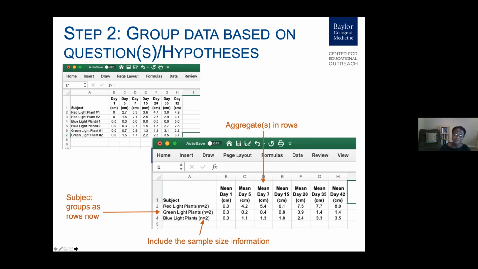Or in this case, I mean, there's very small amount of data, and if you look at blue light plant number 1, it never grew. So when I'm looking at the means for the blue light plants, you know, is this representative of what my data actually is? Maybe, maybe not, but it's helpful to have some measure of distribution as well. So when you come up with a final table for this, standard deviations are important to include. I didn't in this particular version because I used this then for